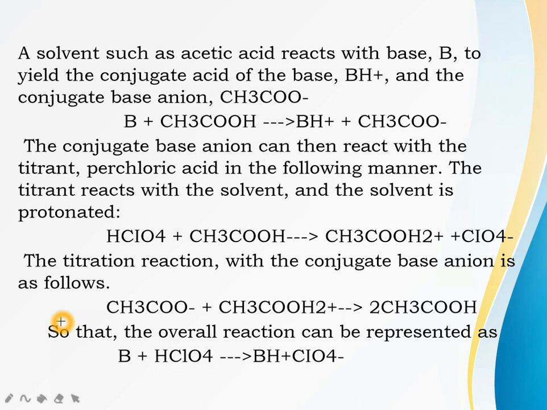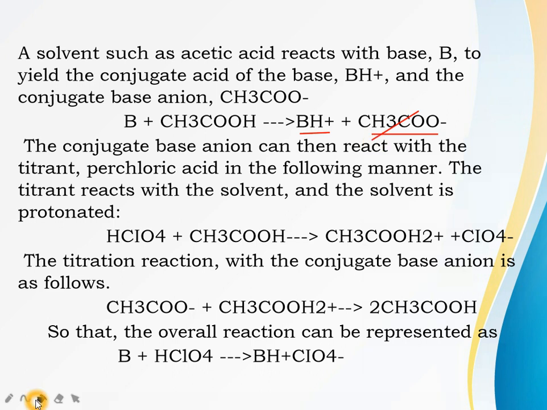Before that, we have to discuss the principle of reaction of these weak bases with the perchloric acid and acetic acid. We have already discussed that we take acetic acid. In the common procedure, the titrant will be perchloric acid in acetic acid. Acetic acid is the solvent used, and the reaction of acetic acid with the base is CH3COOH plus base gives BH+ plus CH3COO-. BH+ is the conjugate acid of the base, and CH3COO- is the conjugate base anion, and this conjugate base anion will react with the